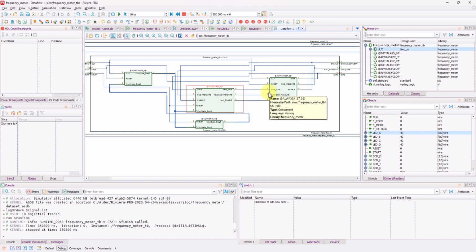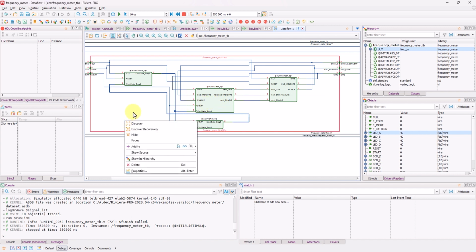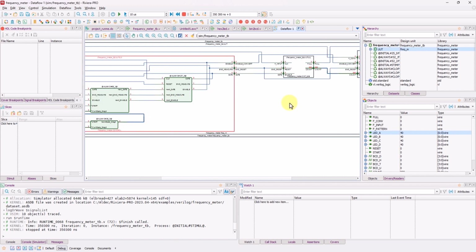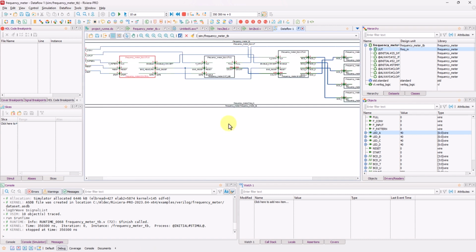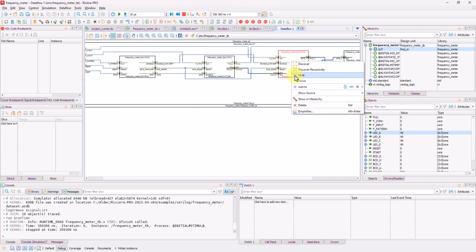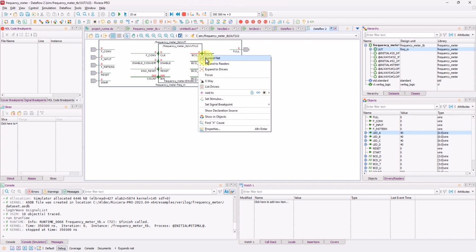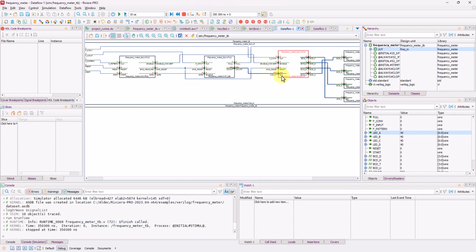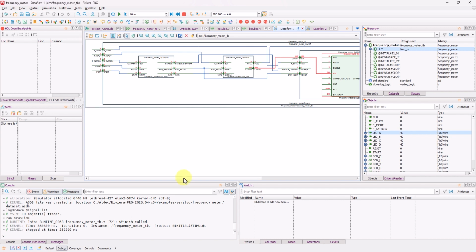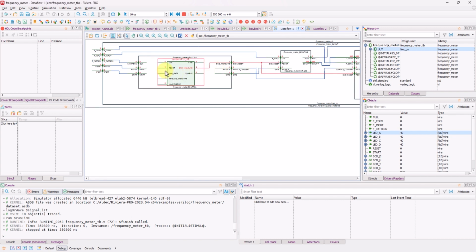When you right-click on a hierarchy region, a graphical block, or a signal, you'll open up a context menu that can let you discover, which is basically expanding the region, hide, which minimizes the region, focus, which opens up a new data flow window that isolates the view to only that selected object, expand net to both drivers and readers, or just to one of them, and many other options. You can also expand both drivers and readers of a signal by double-clicking on the signal. Expanding nets can help with tracing a signal graphically to see how the inputs and outputs are connected through the